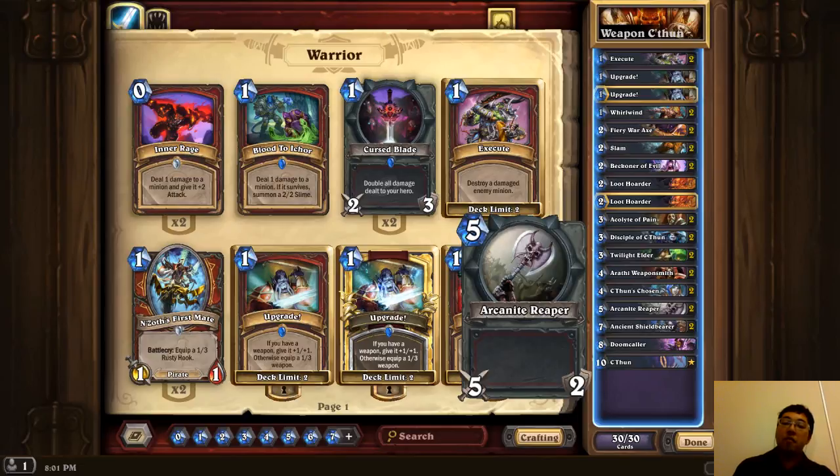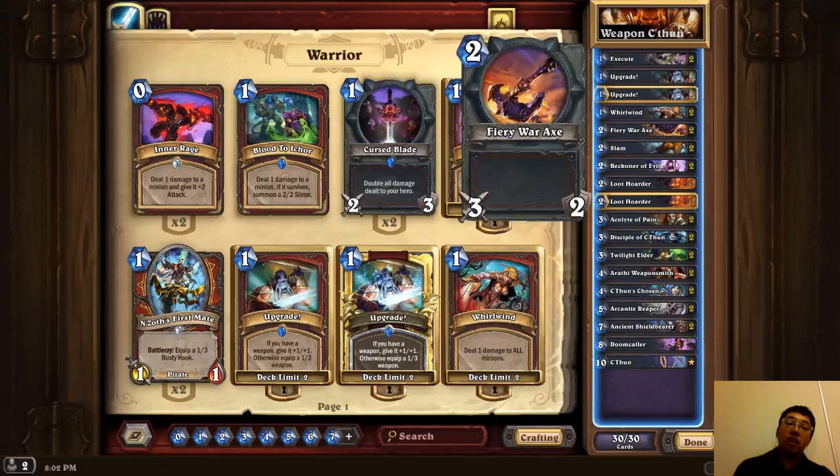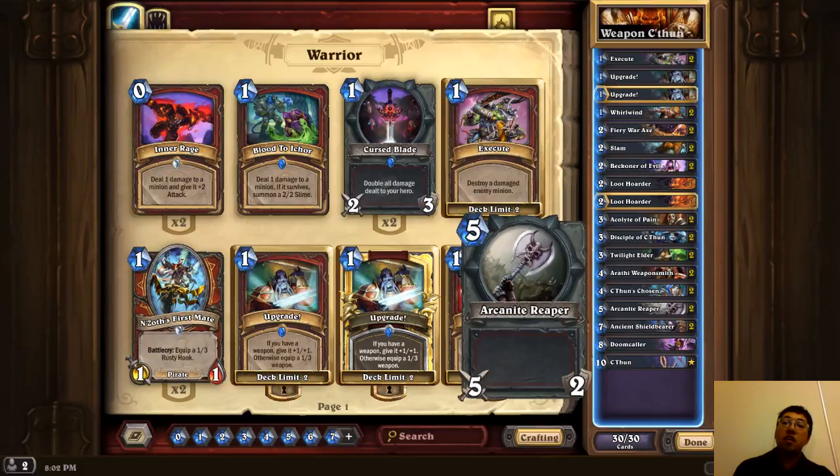Then we go to the 5 mana card that we have in this deck, Arcanite Reaper, 5/2 weapon, 5 mana. Good at getting rid of our opponent's mid-game minions. Also can do an overall 10 damage to our opponent's hero portrait. If we combine it with Upgrade, it becomes a 6/3 weapon, which will do an overall of 18 damage, which is fantastic. If we can get it, because we can do something like 12 or 18 damage to our opponent's hero portrait,